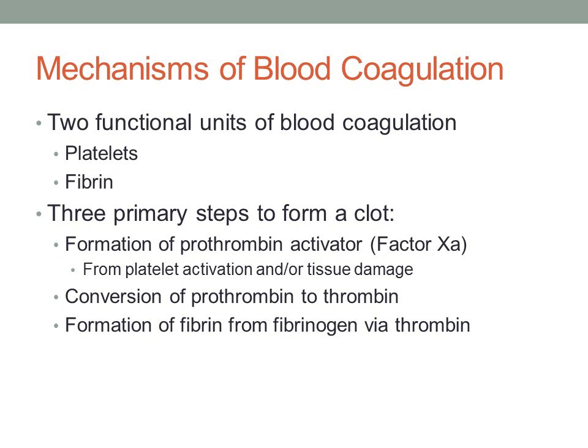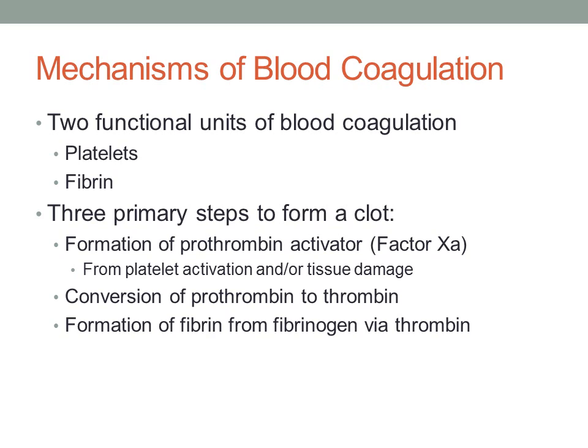There are two functional units of blood coagulation, platelets and fibrin. Platelets, which start the clotting process, and fibrin, which is a portion of the blood clotting cascade that forms the actual clot complex. So there are many steps to forming a clot, but to form a good clot, we need